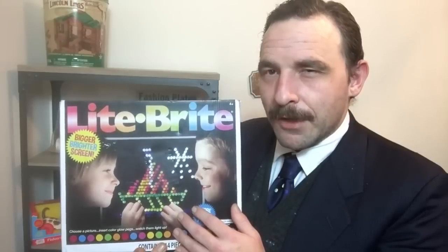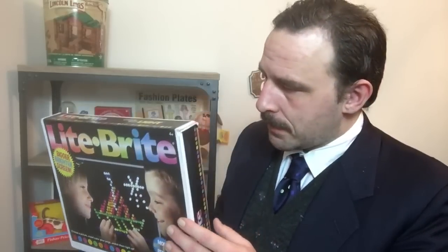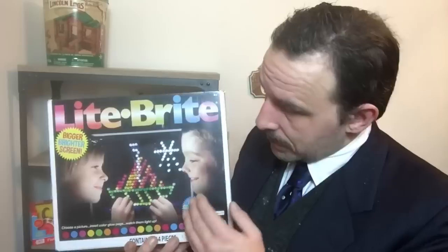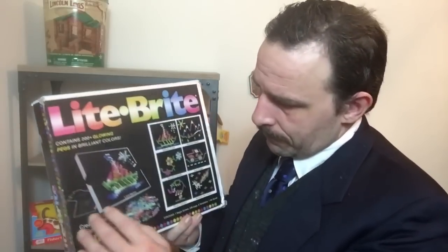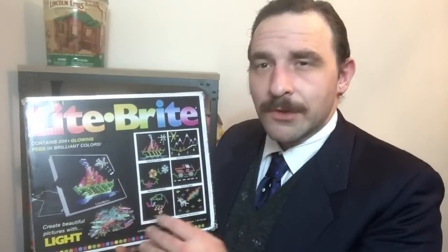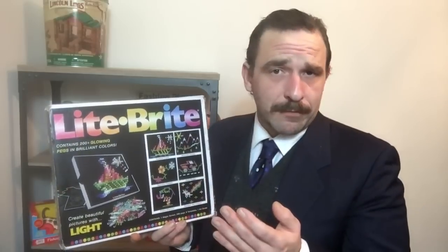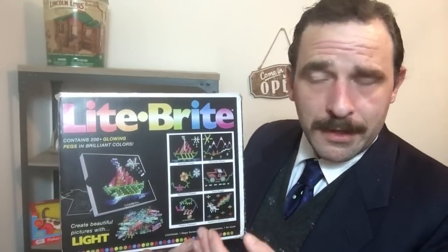And a very creative little toy. So, a little bit more about this toy. It consists of a light box, which can get warm to the touch, so always be careful with that. Then it also has the